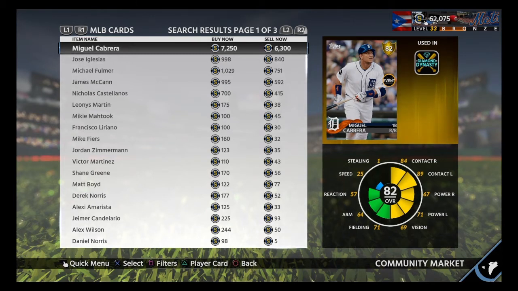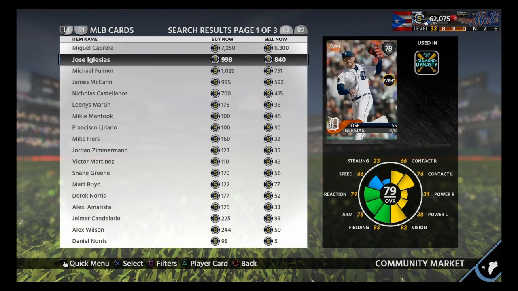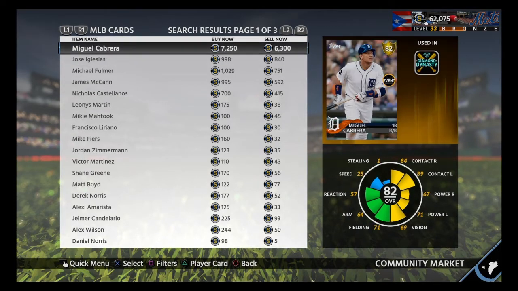All he needs is some pop, some power, and he'll be back in the, not gold, diamond. And he'll be in diamond right away. Then we have Iglesias, a decent shortstop, defensive if you don't have one. But Miguel Cabrera and Avila, and all you've got to spend is...